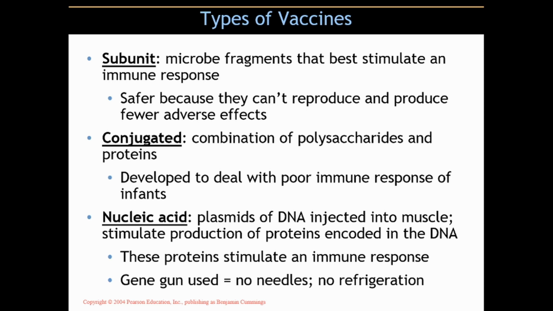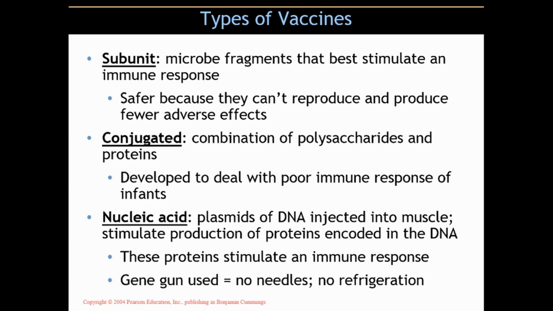These proteins then that are non-self proteins, they're not part of you, they're part of the bacterial cell. When those proteins get produced within our cells, they're going to stimulate an immune response. And so as a result of that, you have this plasmid incorporated in your DNA, and every time your muscle cell divides, it's like the lysogenic cycle, this protein gets produced as well.